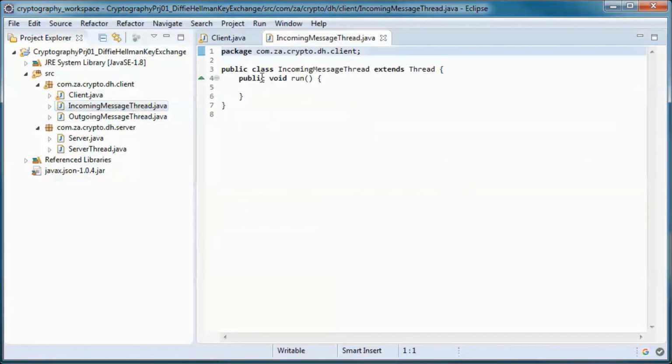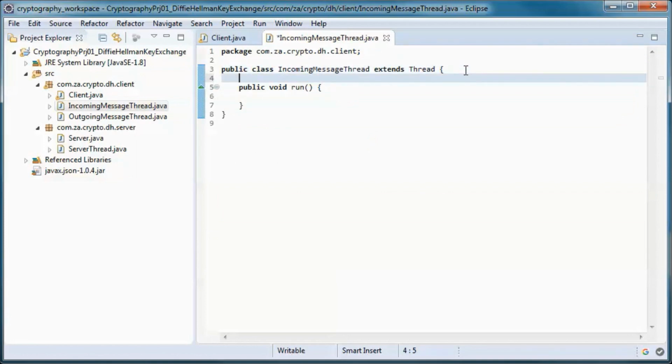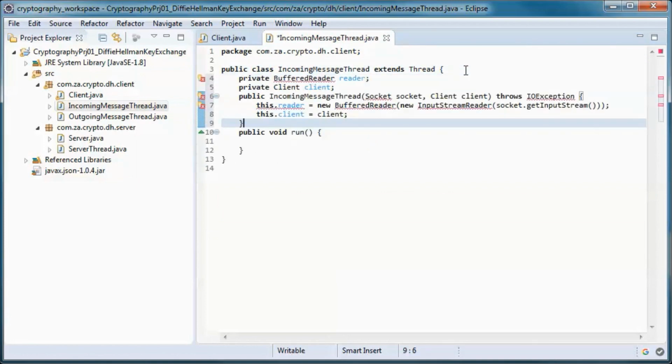And the client will use this class to pick up incoming messages.